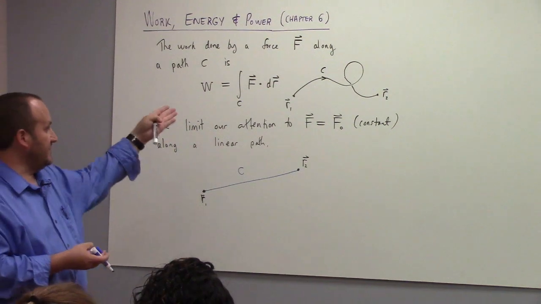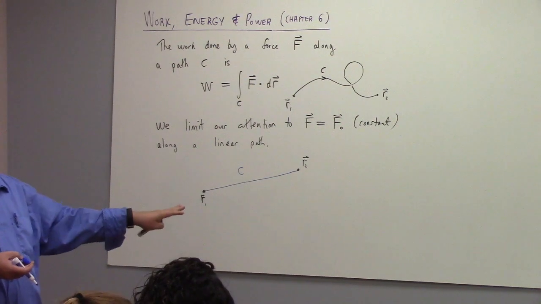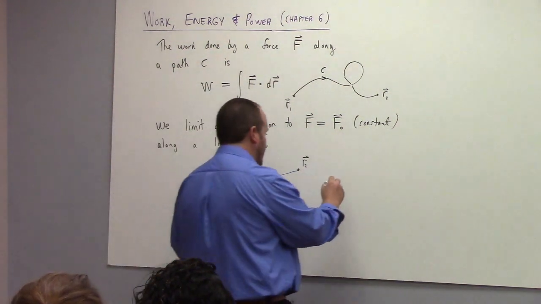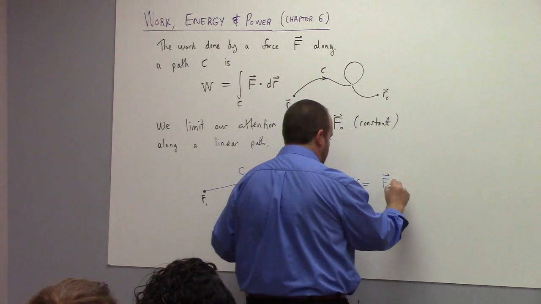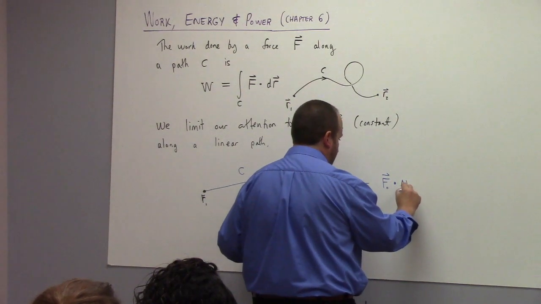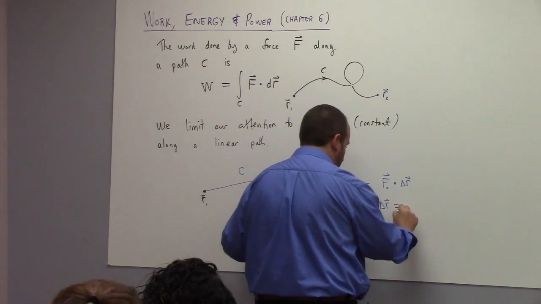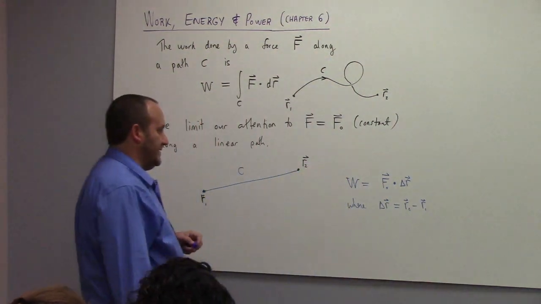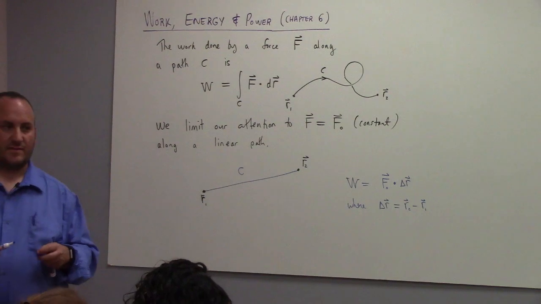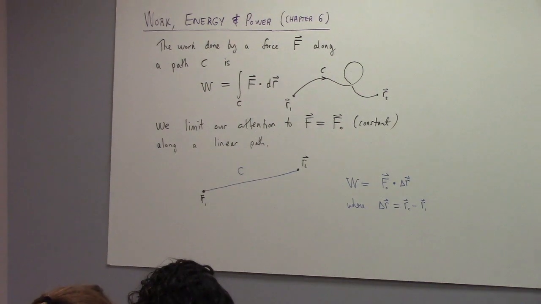Okay? So the general definition, which I wrote above with unjustified calculus, simplifies in this particular case to something pretty nice. The work done is just equal to F naught dot product with the change in R, the displacement, right? Where delta R is just R2 minus R1. So we take the dot product of the force with the displacement to get the work done by the force. That's the same dot product that 21 out of 47 of you could calculate absolutely correctly on test 1.